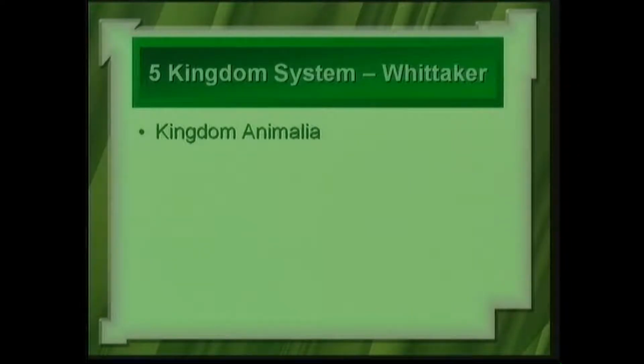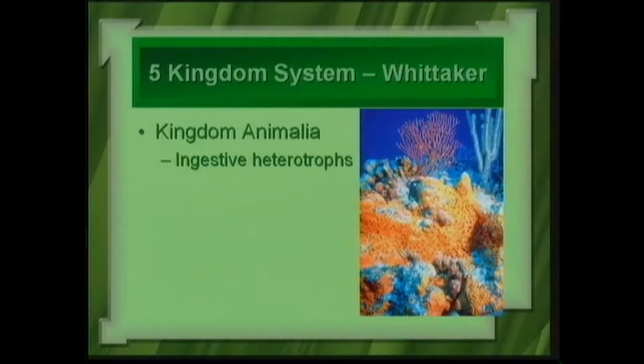Okay, Kingdom Animalia. The other three kingdoms are generally classified by their nutritional modes. Animals are ingestive heterotrophs. What does that mean? First of all, let's take a look at these terms. Heterotrophs are organisms that get their energy needs met by getting a source of energy outside of themselves. Ingestive, in the case of animals, means that these organisms eat their food just like